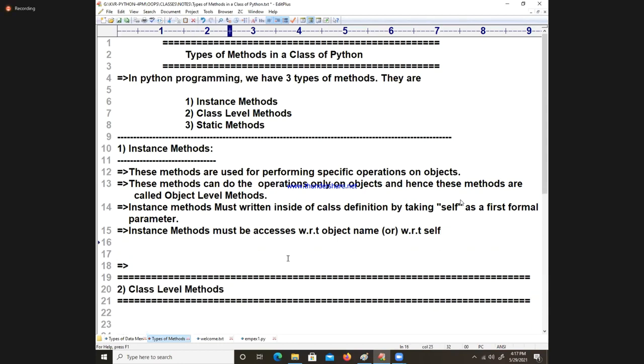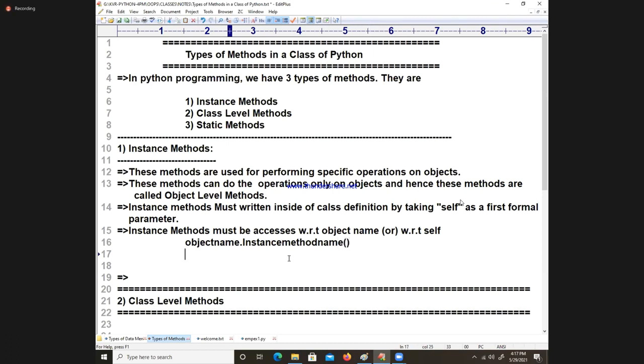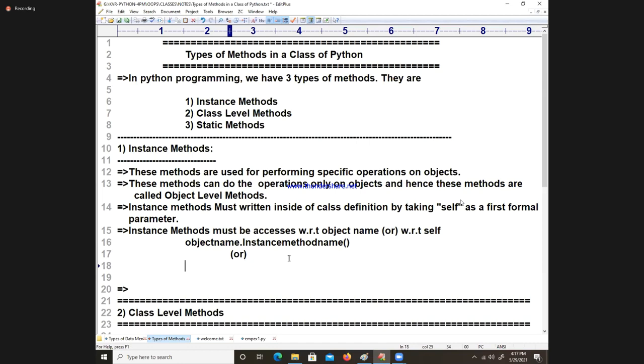We write object name dot instance method name, or we can also call it as self dot instance method name. Depending on the situation, we need to call them accordingly. We cannot call irrelevantly; we need to call with respect to the particular context.